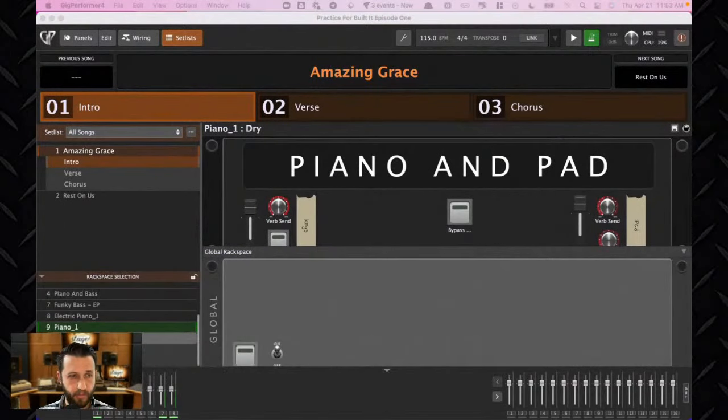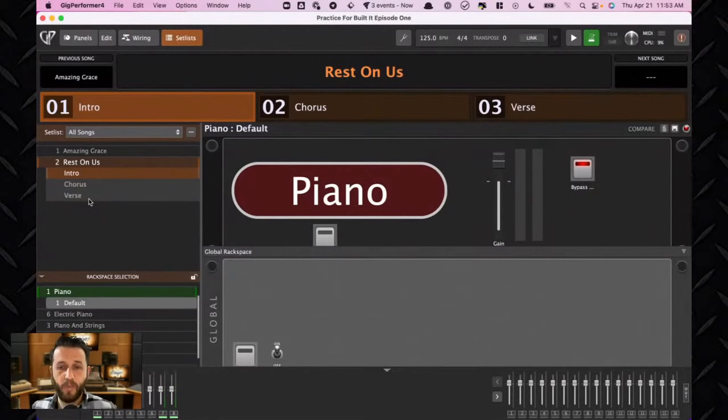So where were we here? So here's our first patch that we need, which is kind of this piano pad with the option to do that octavey thing on top. Now, the next thing that I need after that is a bass sound, but I need it to be bass and also all of these things. So what I'm going to demo here is actually just using the regular old